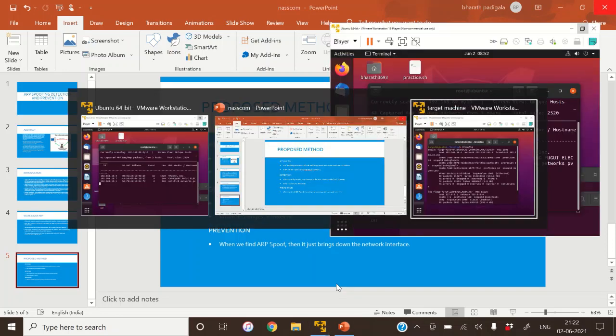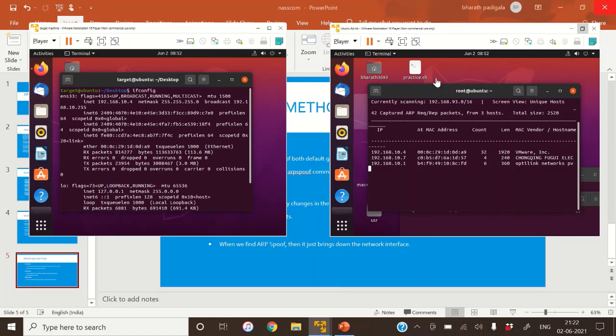we have both an attacking machine and a target machine. Here is the command to get the information about the interface configuration. We can see the interface type is ens33, and this is the target machine. The IP address of the target machine is 192.168.10.4.